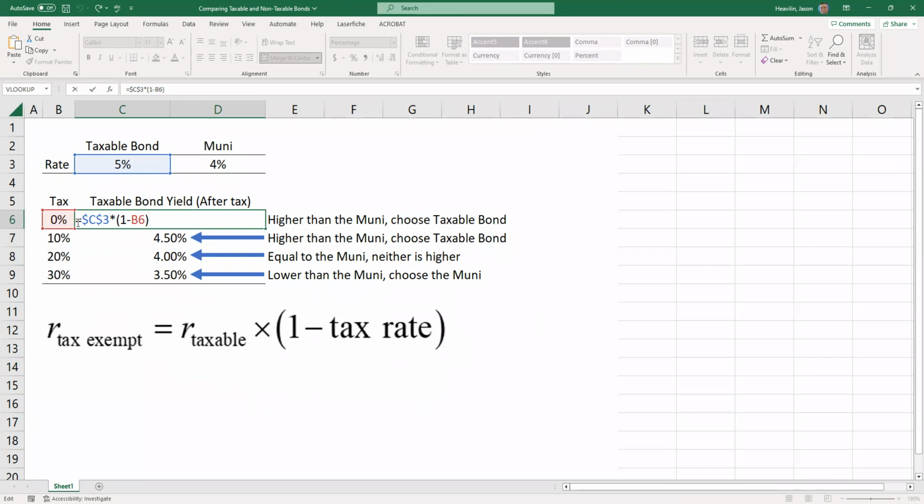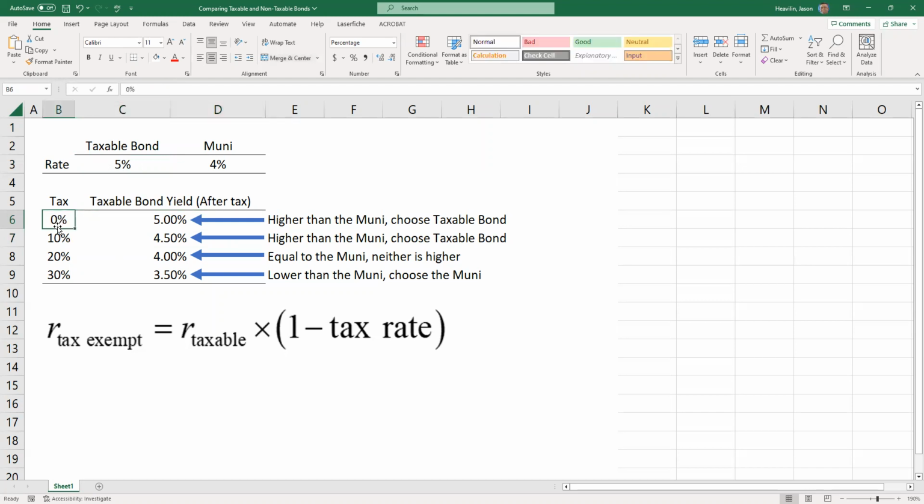So you have here the equal sign to start the formula. We got C3, which is the 5% rate of the taxable bond, times 1 minus the tax rate, which in this case is 0. And that means that the taxable bond is yielding 5%. So at a 0% tax rate or tax bracket, your taxable bond will still yield the same 5% because you're